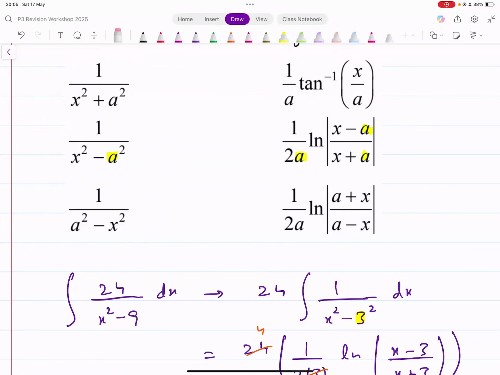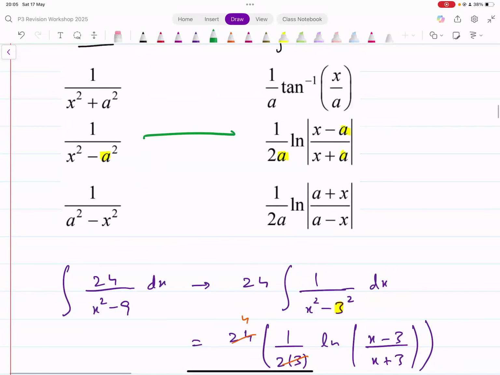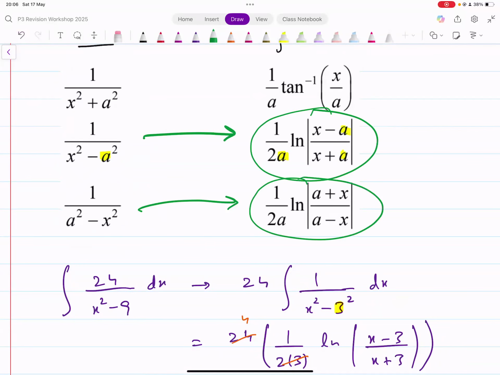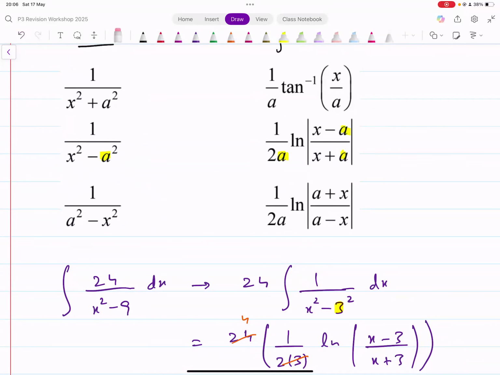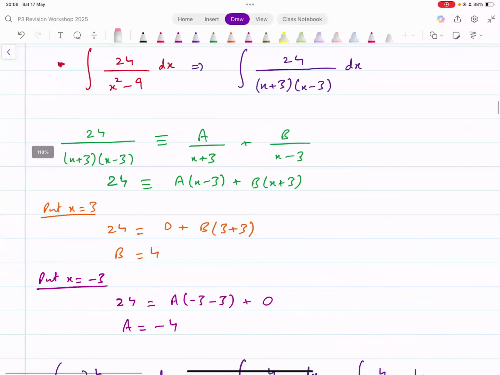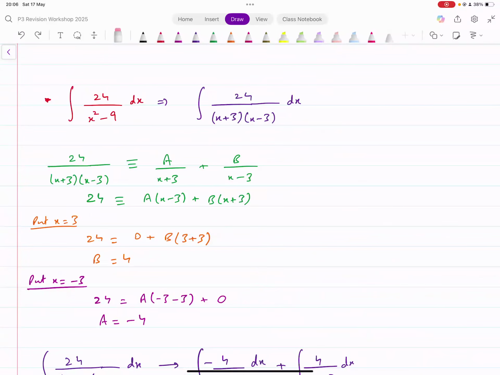You have these integrals written directly in the formula sheet. If you have x squared minus a squared in the denominator with a constant in the numerator, that integrates to this. And similarly, a squared minus x squared integrates to this. So the form that I showed you earlier, although the logical way of doing this is